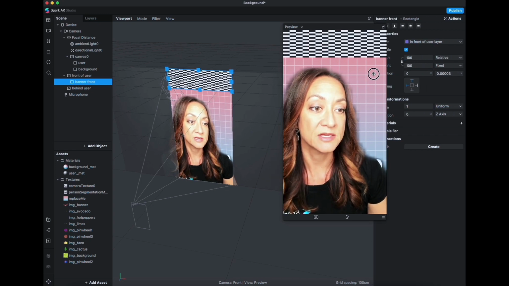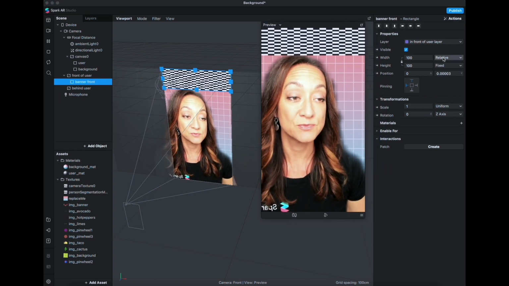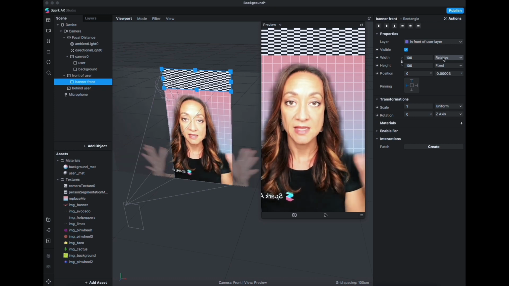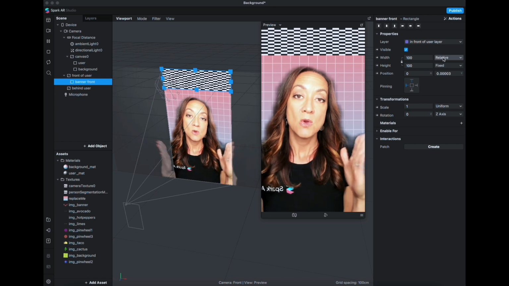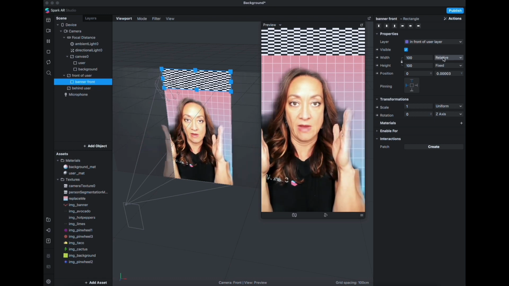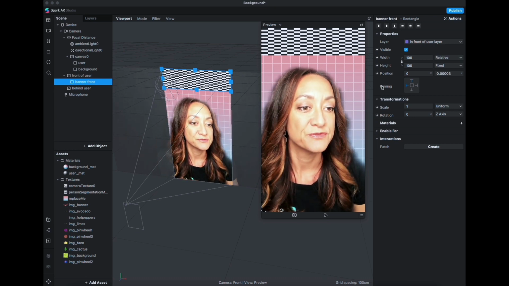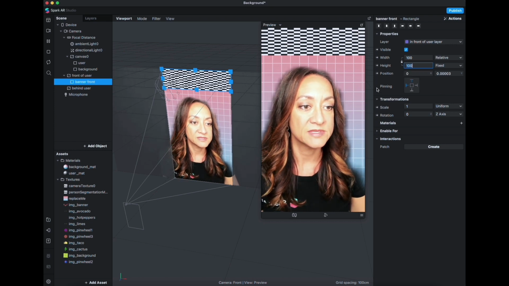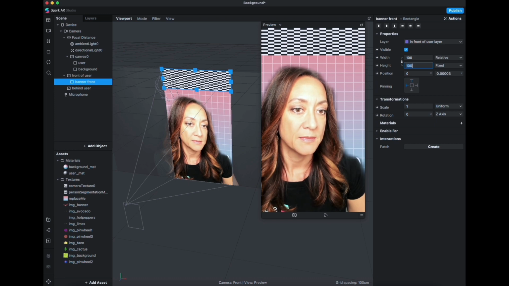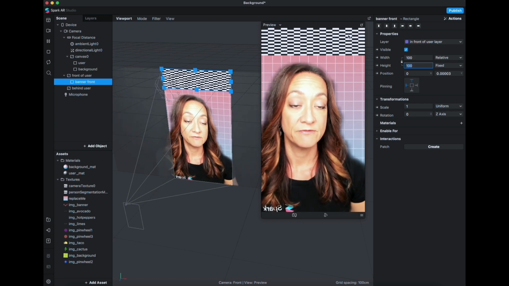I'm going to actually pull my properties panel over so you can see the full word, and it says relative. So essentially that box is going to be relative to the size regardless of how you squash or stretch it, and that's exactly what I would like, because there's nothing worse than having a graphic that's kind of stuck and floating and doesn't fill the width of the device that you're viewing it on. Height is okay for now. We'll have to see what it looks like when we bring in the texture and when we associate the material to it, because we have to give it some sort of visual